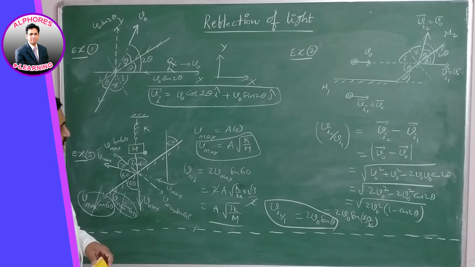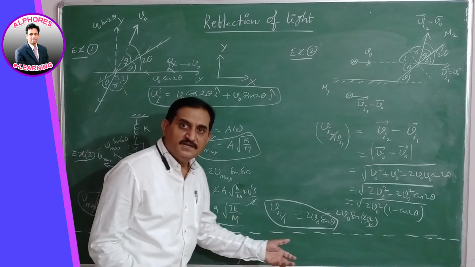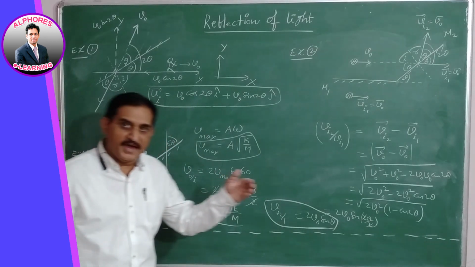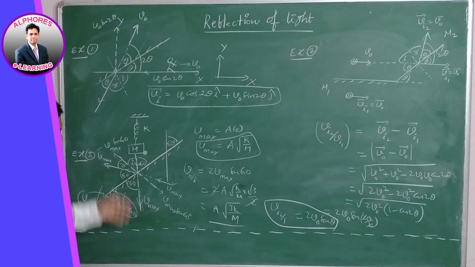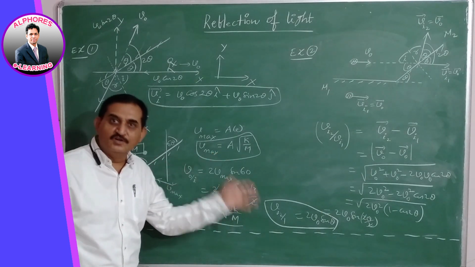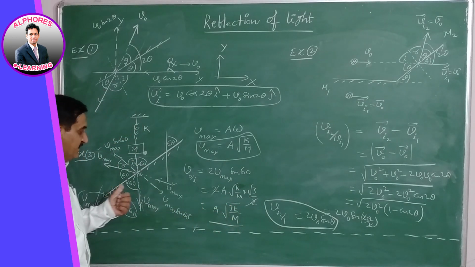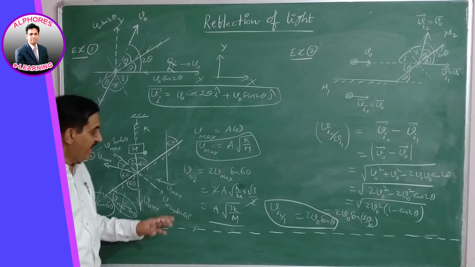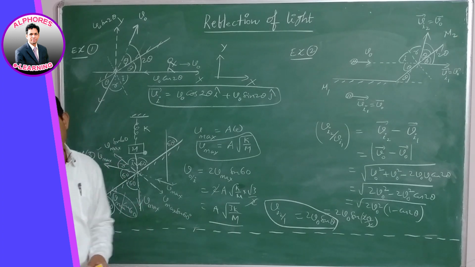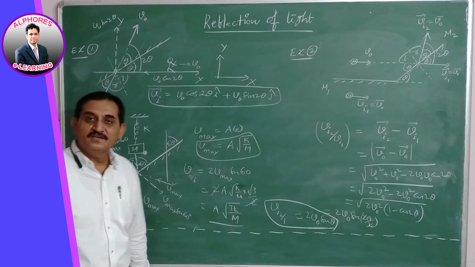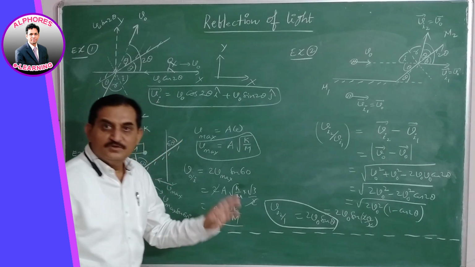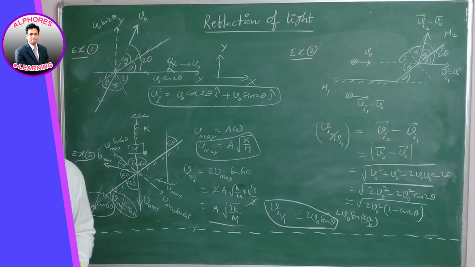So this is also based on reflection of light. When we take the reflected light and its corresponding image extended back, by imagining that velocity and the original velocity, resolving them, you get their components and take the relative velocity. The horizontal components cancel, and the vertical components add up because both are in opposite directions. Therefore, the final answer you get is A root 3K by M. Okay, next we go for another problem, the fourth one.